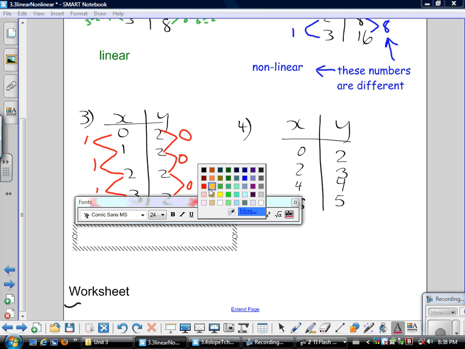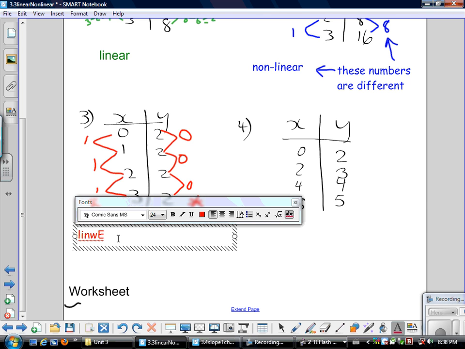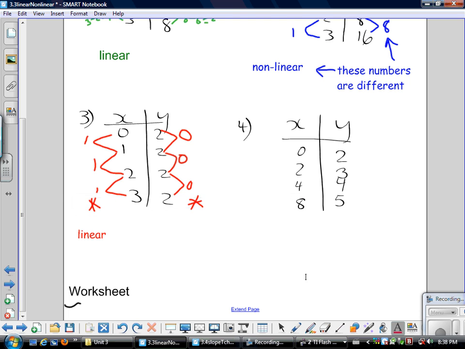Okay, and I'm going to make that red so it matches. So linear. Oop, that's a funny linear word. And caps lock on. All right, so last question. Let's start here. So we have 8 minus 4 is 4. 4 minus 2 is 2. 2 minus 0 is